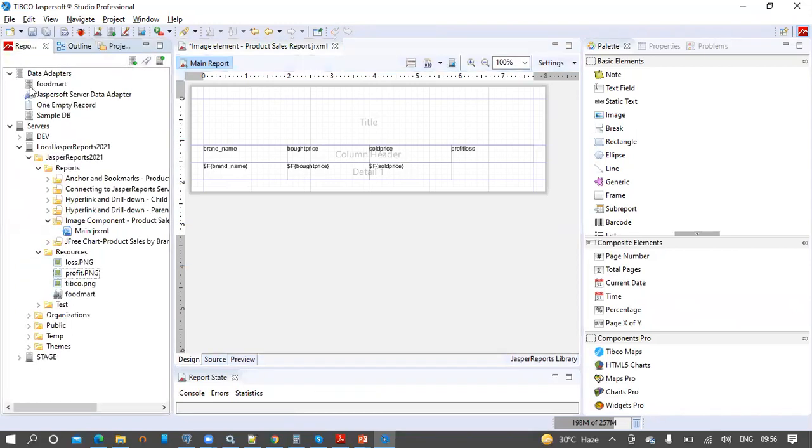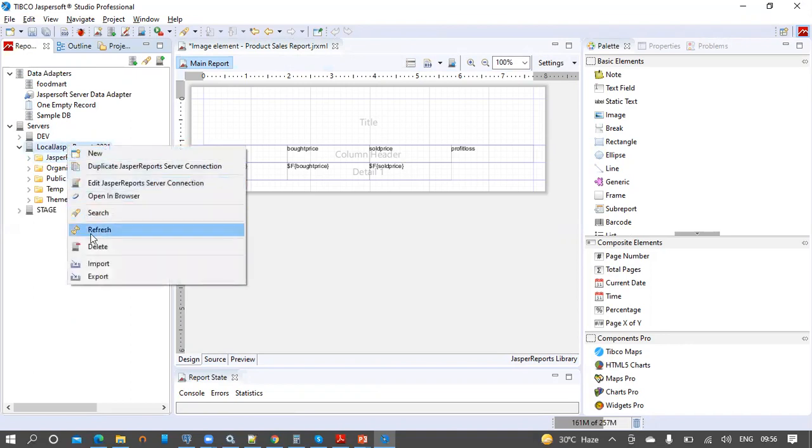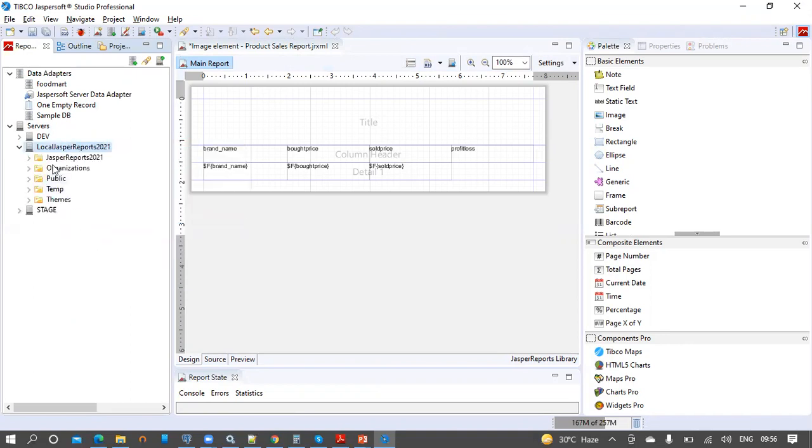We can see the uploaded images from the server's node within the studio. For that, select the connection, then click on refresh. It will get all the folders available from the server, and Jasper Reports 2021 is our project folder. So let us expand this one, and in the resources folder we can see the recently uploaded images available.